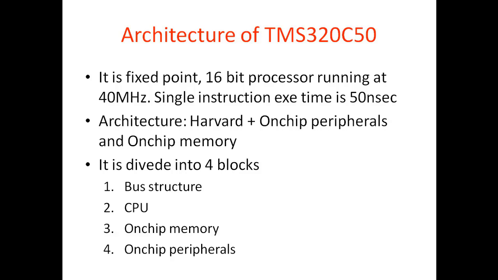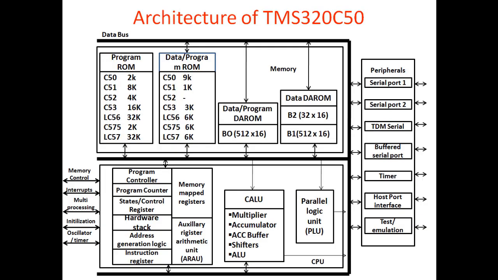Architecture uses hardware plus on-chip peripherals and on-chip memory. It is divided into 4 blocks. First one is bus structure, second one is CPU, third one is on-chip memory, and fourth one is on-chip peripherals. This is the architecture diagram where you can see a data bus,